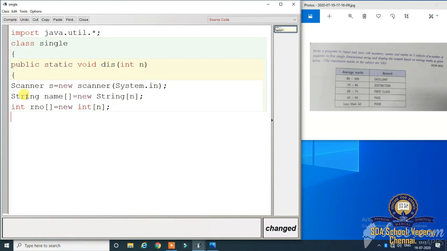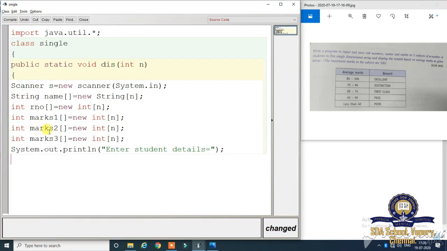Next 3 marks. We can get them one by one. Integer marks 1, marks 2, marks 3.